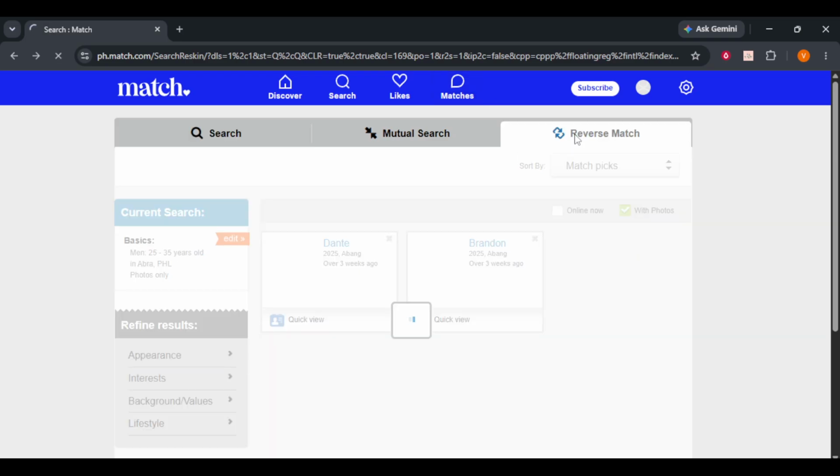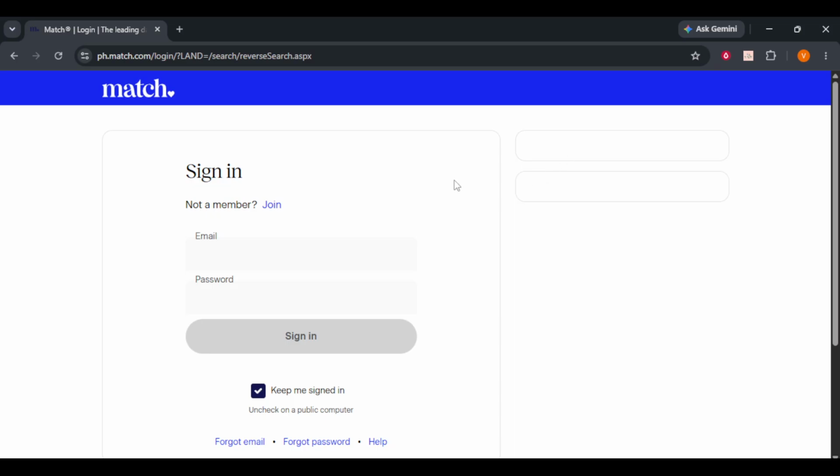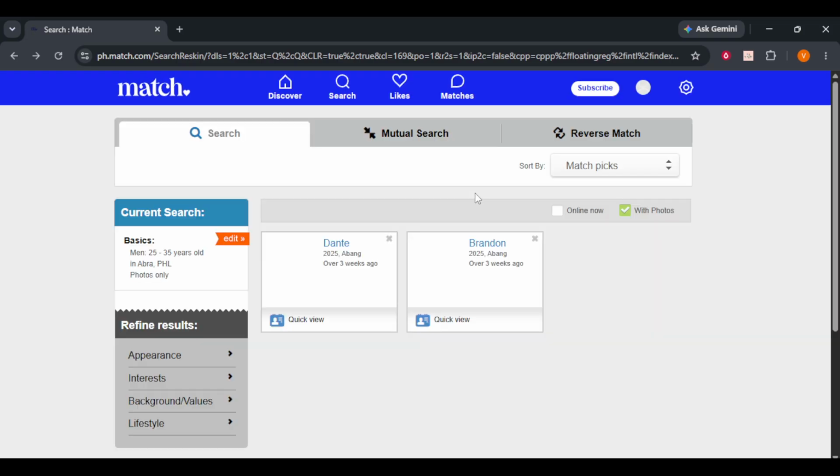After your profile is ready, you can start browsing through the Discover tab. Here, you will see daily picks tailored to your preferences. If you see someone you like, you can send a like or even a direct message if you have a premium subscription. Messaging is where the magic happens, so try to mention something specific from their profile to stand out